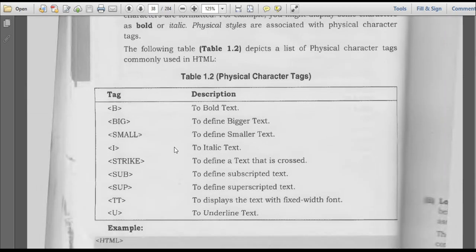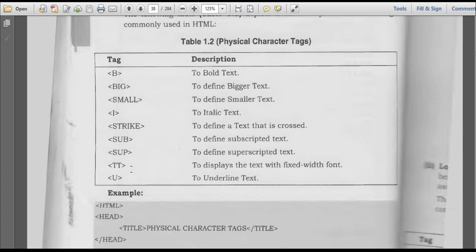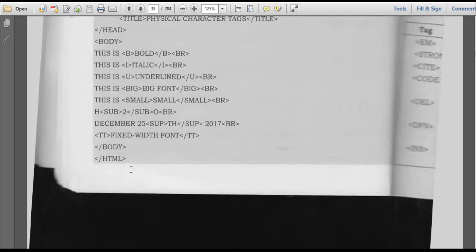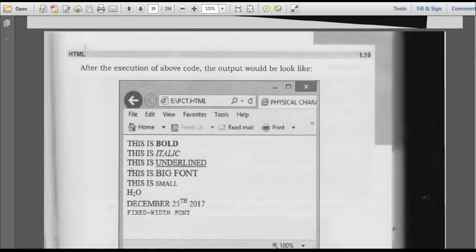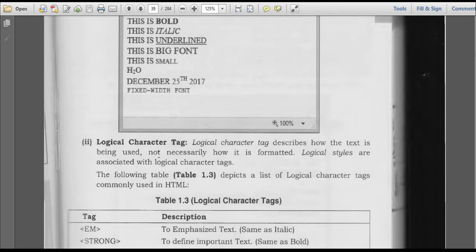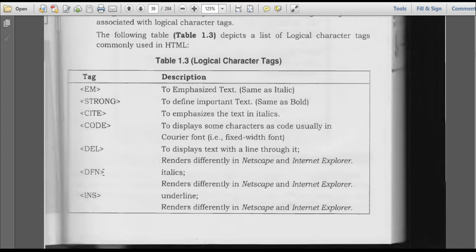So the same: B, big, small, I for italic, strike, sub, super, text with font, U in the sense underline. The same will be displayed like this. So logical character tags. These are the character tags which are used for characters.